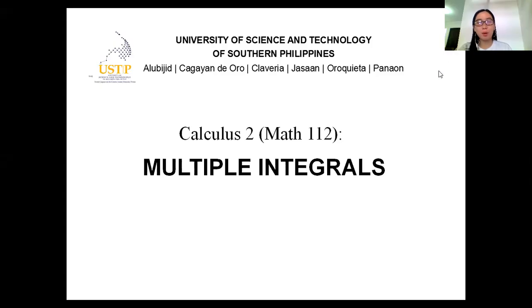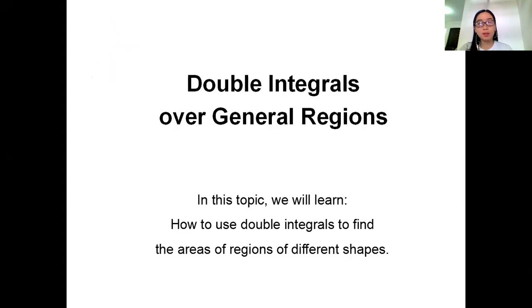Hi everyone, welcome to our next topic, which is all about multiple integrals. This is our final topic for integral calculus after the applications of integral calculus. So let's proceed with the double integrals over general regions. In this topic, we will learn how to use double integrals to find the areas of regions of different